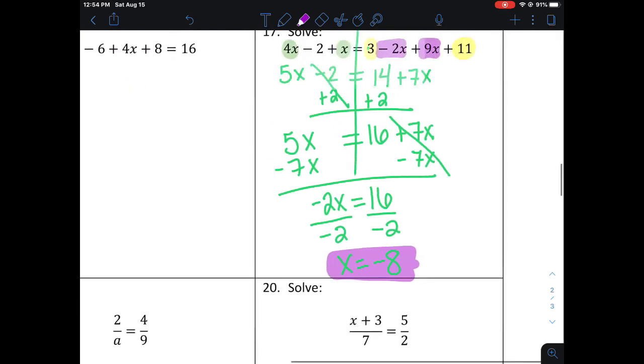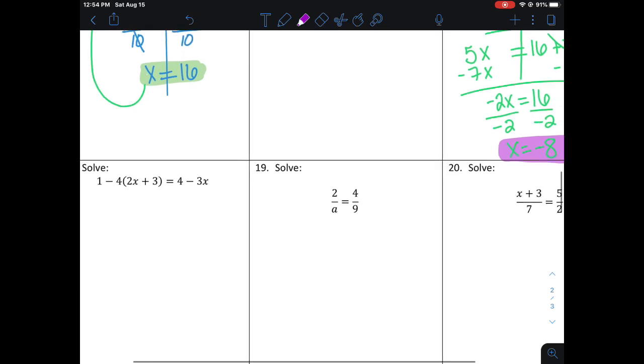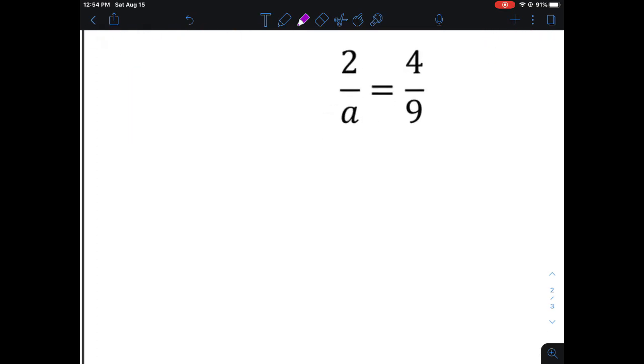All right, all done. Again, if you want to check your work, if you're unsure, that was a lot of steps, a lot of room for error. Plug that negative 8 in for all the x's that you see and see if your answer is correct or not. Okay. 18, you should be fine with. Number 19,